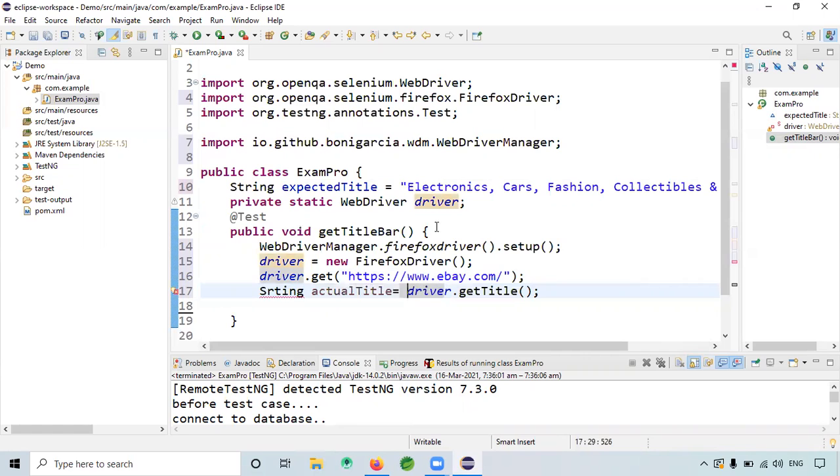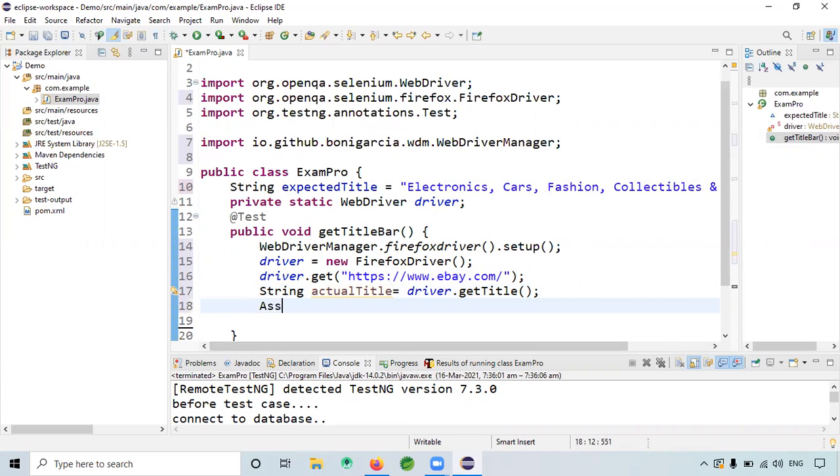String, I will give string, and store it in the actual type variable. Okay, so let's see what is the use of assert equals.